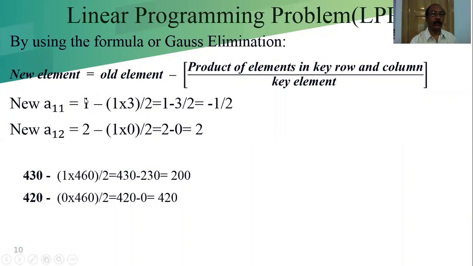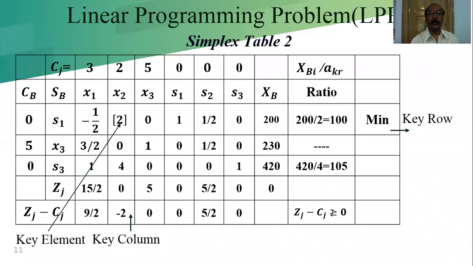After calculating, 1 minus, this is minus of 2 minus 1 into 0, this is unaltered, this 2 is calculated. So I explained here, each and every element we have to calculate and we will get the next iterative table, the next table and computation. First we have to check whether this table is the optimum table or not. If it is not optimum, then we have to move to the next table. So these are the elements we got after the computation.